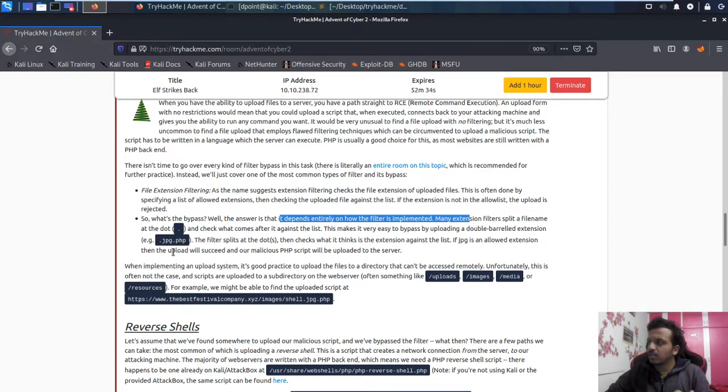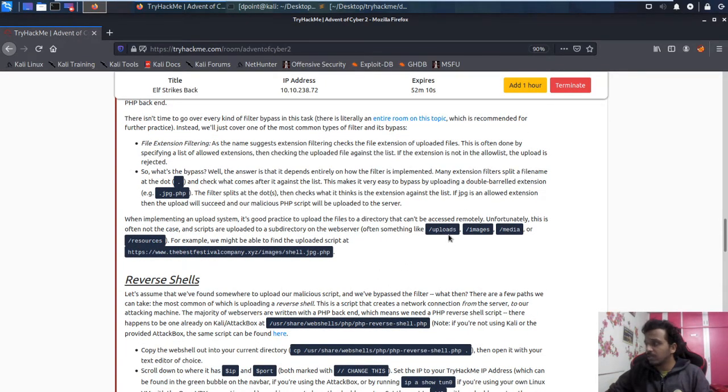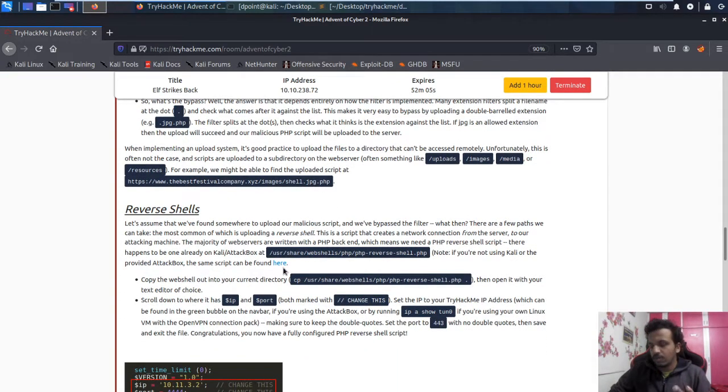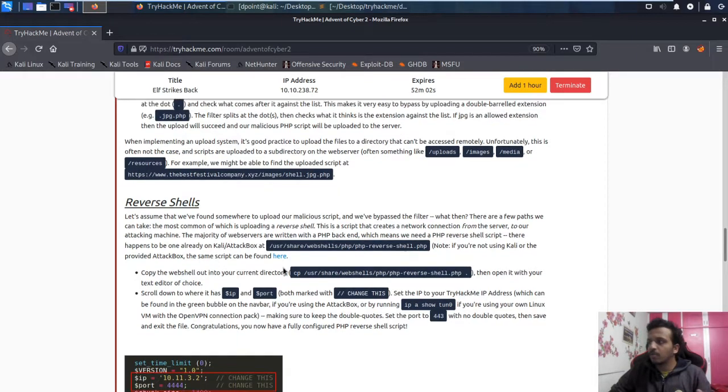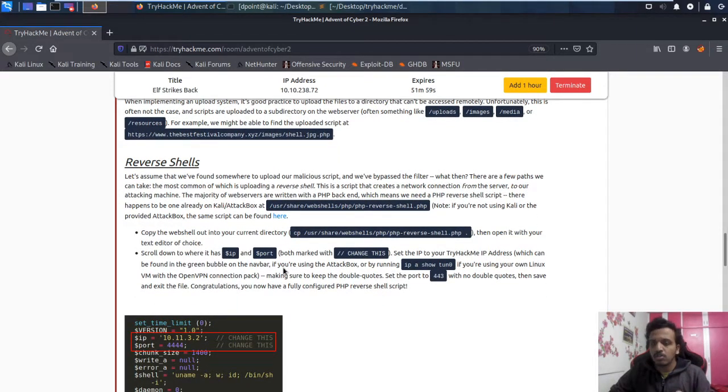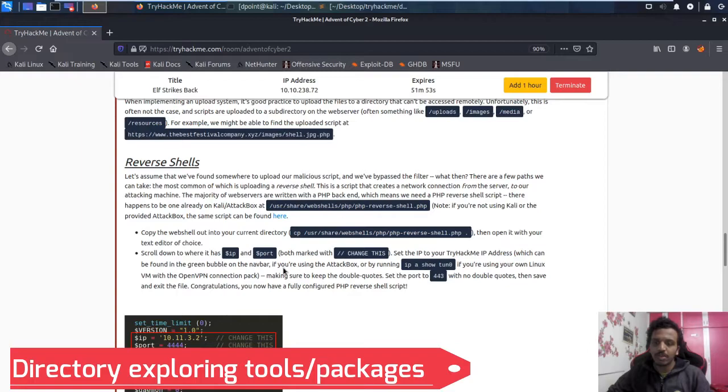Suppose I say I want to accept only the .jpg file extension. A bypass for that, as an example, is to do what is expected with .jpg and then add your own extension, so the initial .jpg becomes part of the name of the file. Uploads, images, media are examples of the places where files go by default when we upload, as a naming convention, but we need to use GoBuster, DirBuster, those kinds of things to explore. We can even use Burp, so any kind of directory explorer tool.